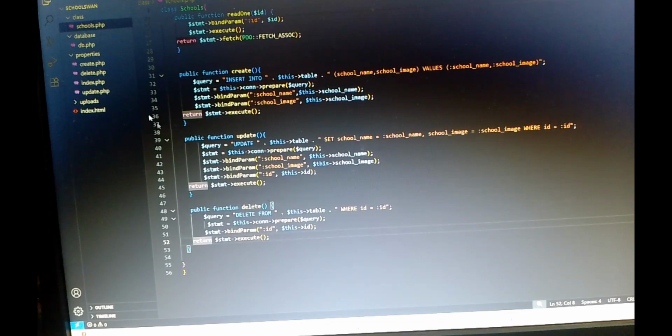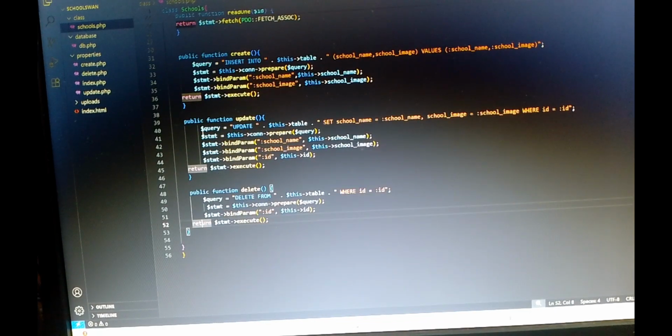Okay, so I have to delete, so that's why I am using another command called delete from this table which is called swan. And here also I want to delete using ID only, because it's unique and it's a primary key. Okay, those queries are held in the prepare portion, then I simply do the bind parameter, then I simply execute this, and all of those execute portions I am returning, because somehow in the other page it will hold those values and work on that. Okay,